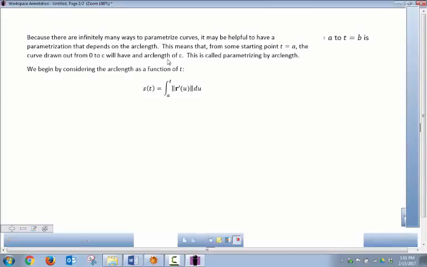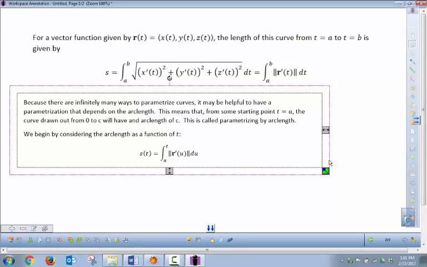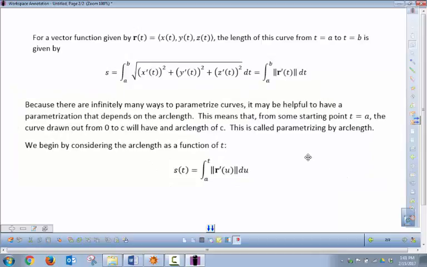I don't know if you remember, but when we were parameterizing those lines that we were finding, and you want to find an equation of a line passing through 2 points, what you need for an equation of a line is a point and a direction. So between 2 points, you can have 2 different directions to go, and you can use either of those 2 points. So there's many ways to express a parameterized curve. And because there's many ways to express a parameterized curve, we can think about a way to express it that is called parameterizing by arc length. So when you parameterize by arc length,